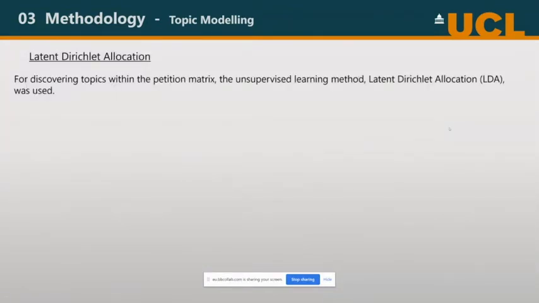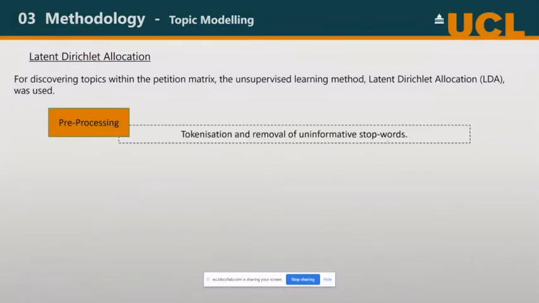So for topic modelling, like I said, the unsupervised learning method latent Dirichlet allocation was used. Latent Dirichlet allocation splits up the descriptions of the petitions into a bag of words, and then it looks for co-occurrences within this matrix and generates topics from that. To do this, there was a stage of pre-processing, so you have to remove things like stop